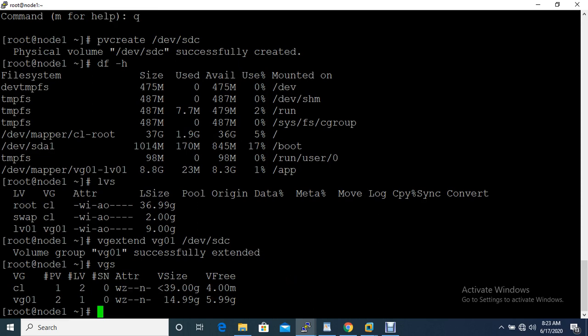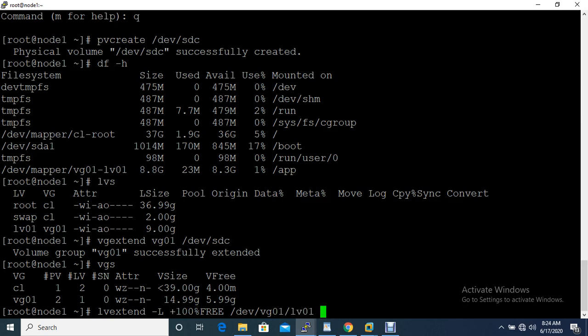Now again you have to extend your LV with the lvextend command: lvextend -L. As an example, suppose you want to take the whole VG size, then you can use +100%FREE, followed by /dev/ your VG name and your LV name.